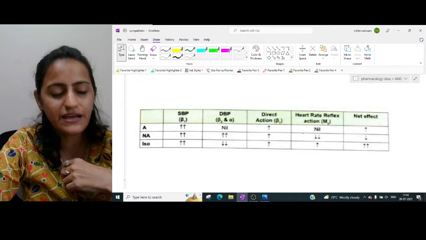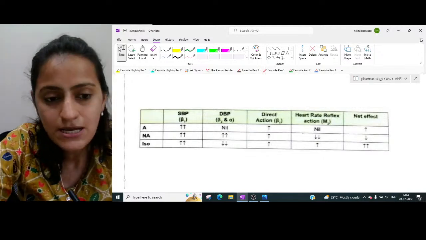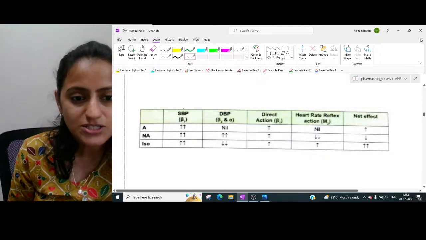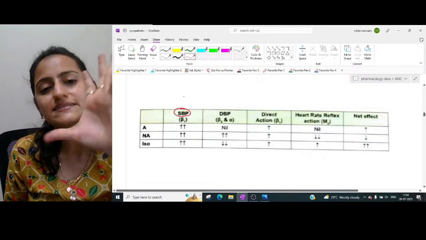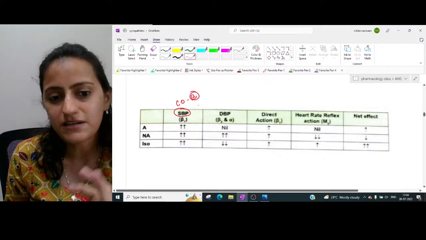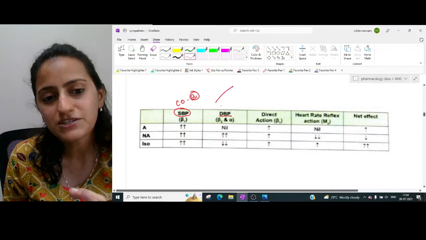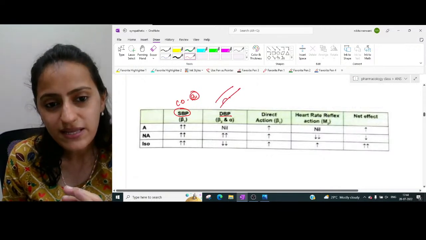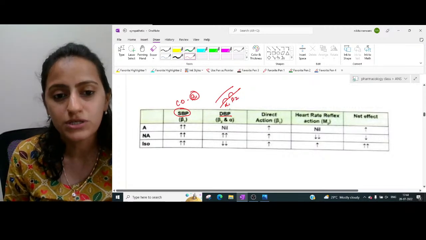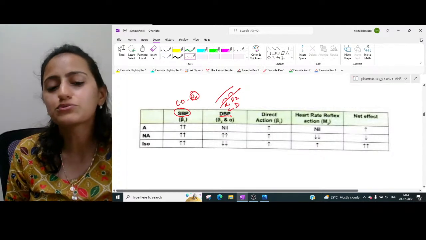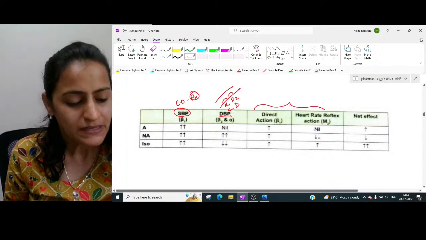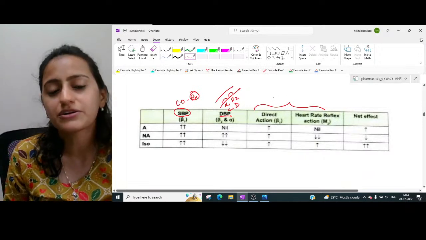One of you had asked about the actions of the sympathomimetic drugs on the blood pressure and the heart rate. It's very easy. See, systolic blood pressure is basically the cardiac output. So cardiac output is the action of the beta 1 receptor. Diastolic blood pressure means the tone of the vessel. So in the vessel, what receptors do we have? We have alpha 1 and we have beta 2. Alpha 1 causes constriction, beta 2 dilatation. And then we have the effect on the heart rate. The direct effect on heart rate is